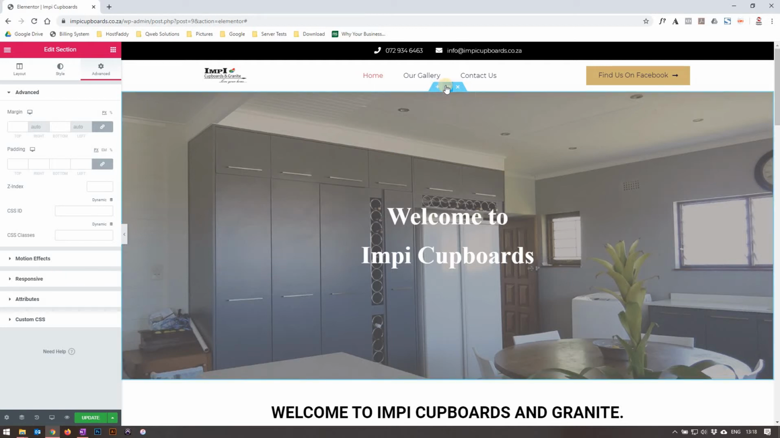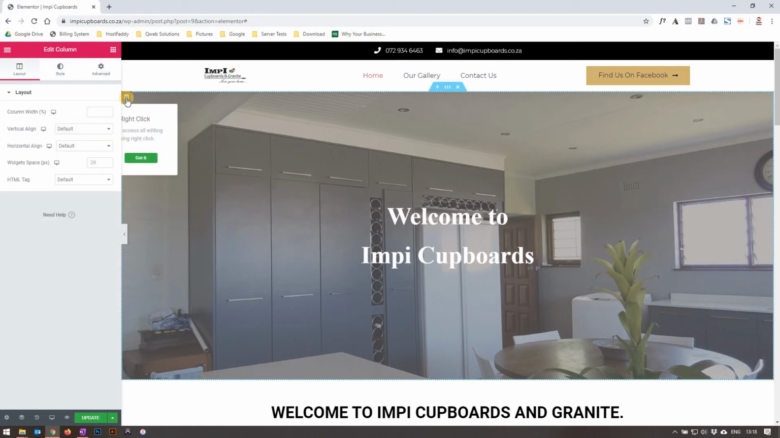Next, we will move out of the section to the column. As you can see, I have a column here on the left hand side. If I select the Edit column, again we have the options on the left hand side appear. Here we can change the column width, which is not needed since there is only one column. We can change the vertical alignment, horizontal alignment, and so forth. In the styling section for the column,